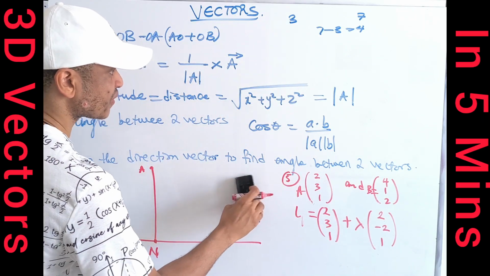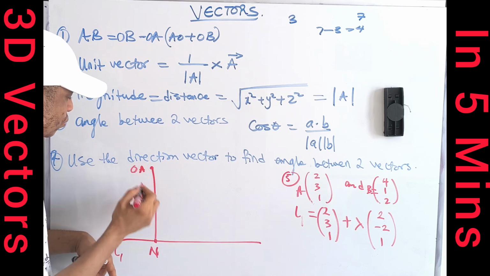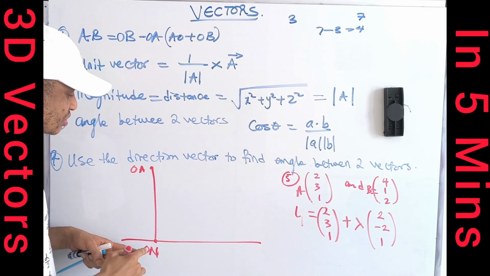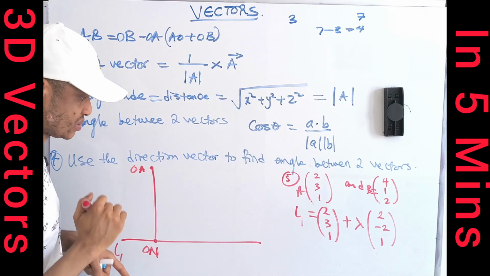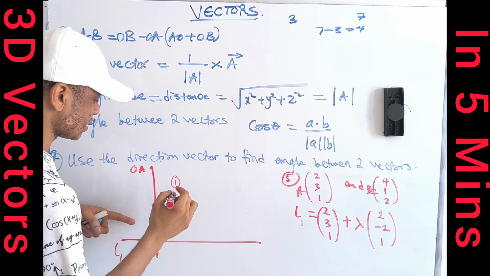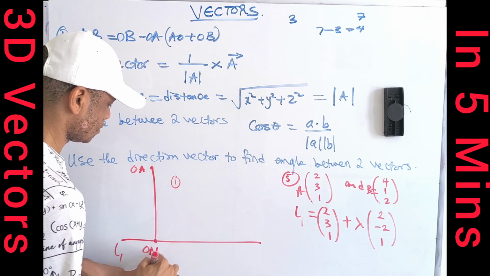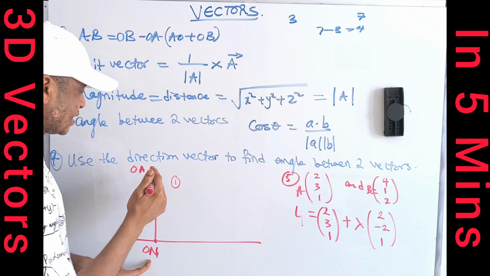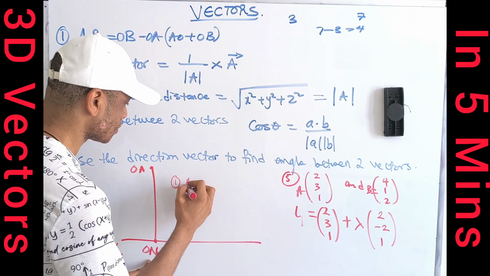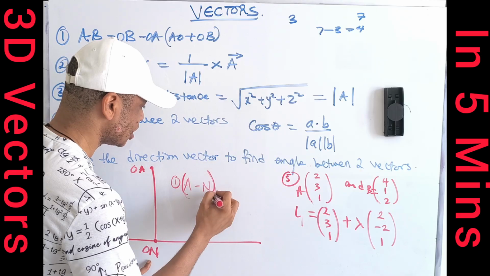So imagine I want to find a point on L1. Remember, this can be OA, ON, L. So to find ON, I need two things. The first one, I need to do the dot product of this. You can take anyone, so this will be A minus N, or N minus A. Remember, these are vectors. Dot